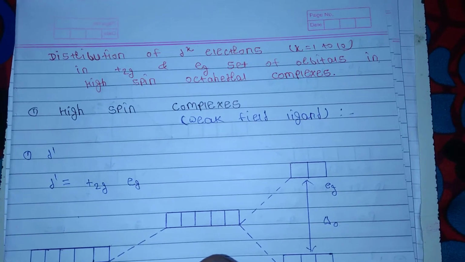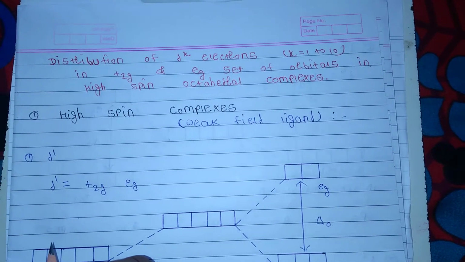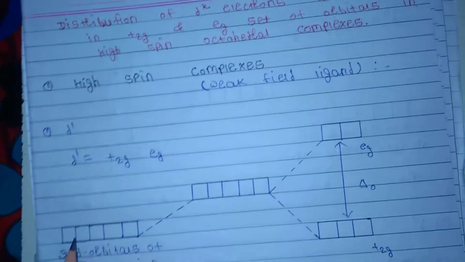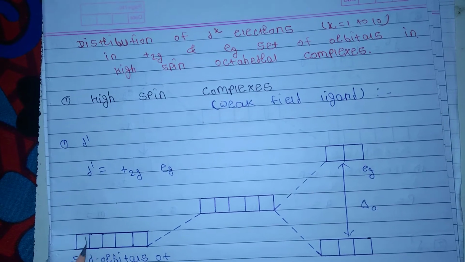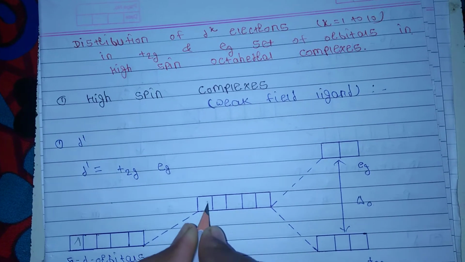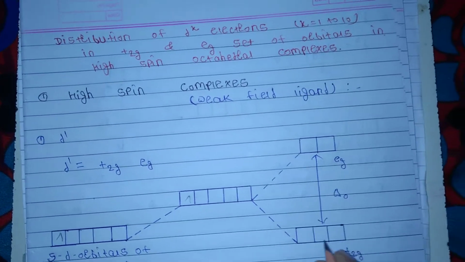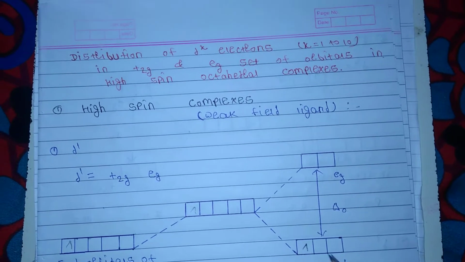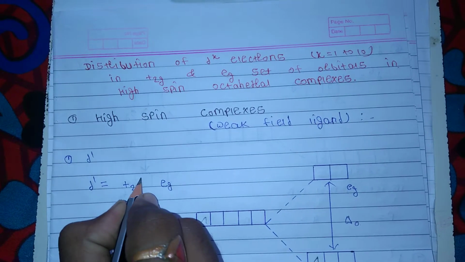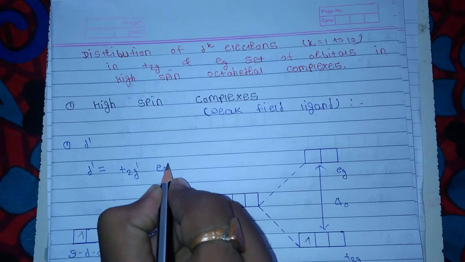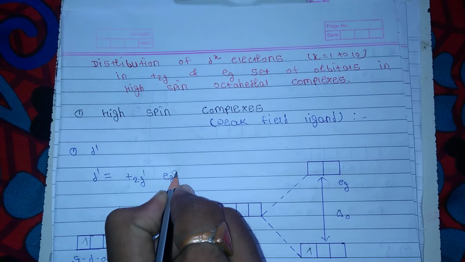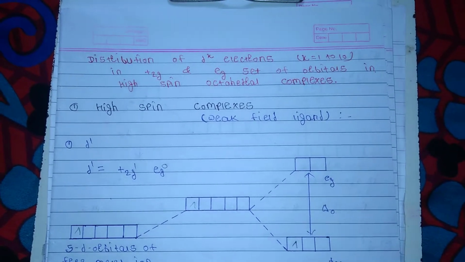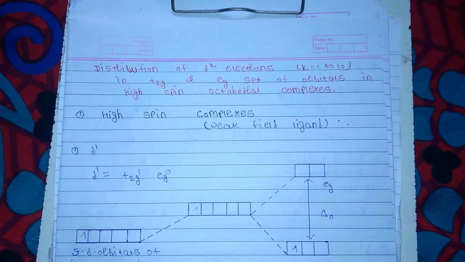The first configuration we see is d1, meaning in the d orbital only one electron. In high spin complexes, this electron goes in the t2g set. So d1 is equal to t2g1 eg0. Now to find out for d1 the P, Q, N, S and M, it means that